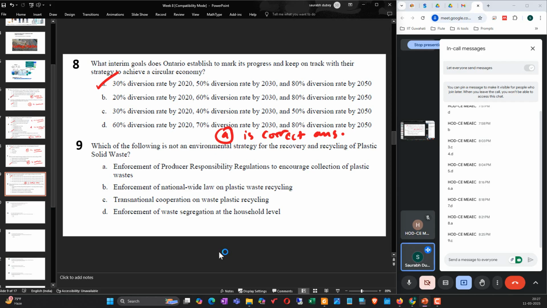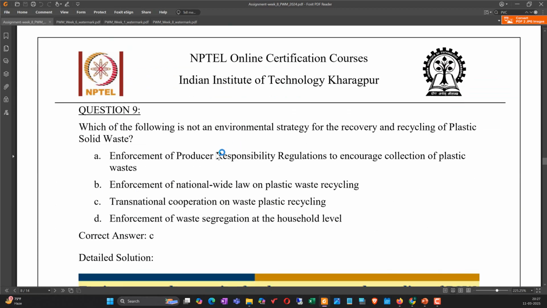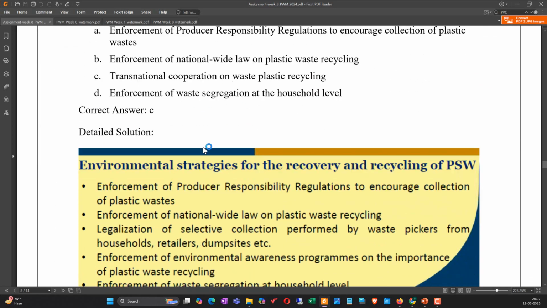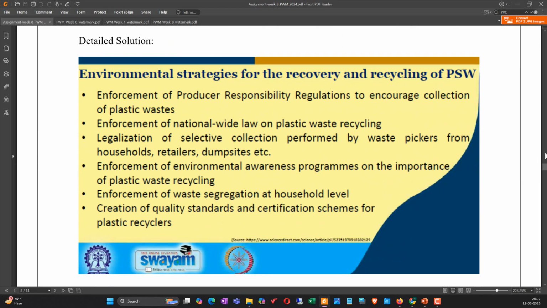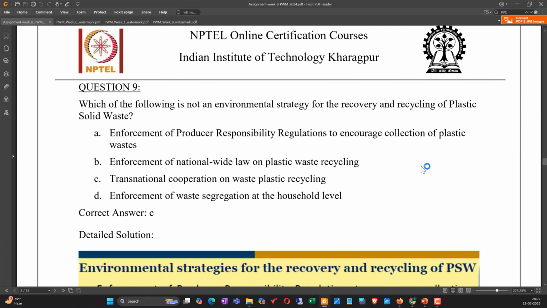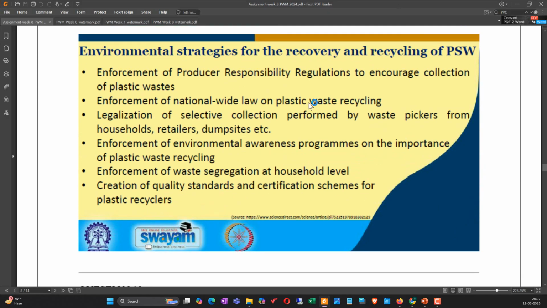So which of the following is not an environmental strategy? So ninth, C, let us see. Yes, C is the correct one. So transnational cooperation on waste plastic recycling. So here is the recovery and recycling of plastic solid waste, PSW. And if you see this, enforcement of producers' responsibility regulation to encourage collection of the plastic waste, enforcement of the nationwide law on plastic waste recycling,